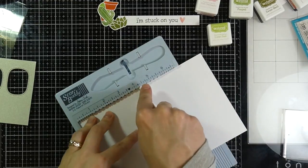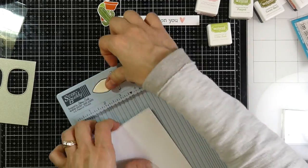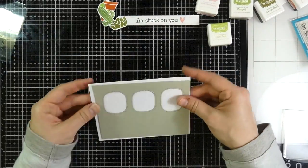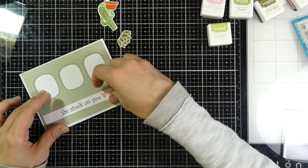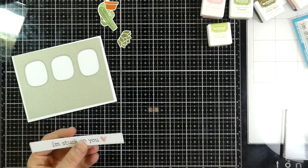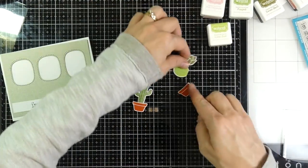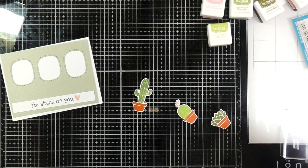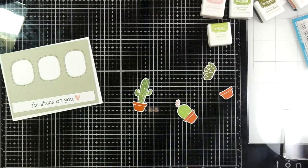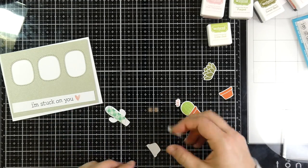And now I'll work on my card base. That is a 5.5 by 8.5 inch piece, and I scored that at 4 1/4 inches. So that's a top folding card. And I'm lining everything up. And then I'm going to trim down my sentiment here in a bit after I get some foam tape put on the back of each of my images. I've decided I want those to pop up a little bit. So I'll grab some of my Scotch foam tape and just start putting that all over the backs of those images. I haven't decided the placement quite yet,